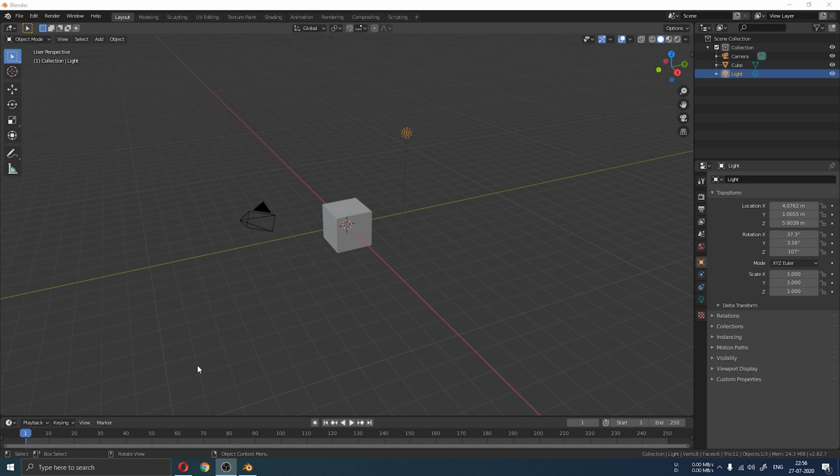Other software of the same type is costly, so investing so much money in those software at this point, I think, is not a good option. So Blender is the best option if you want to spend some time to learn it and then use it in your future or upcoming projects.